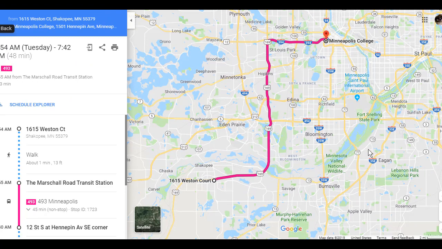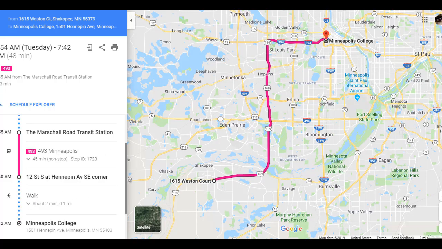Now this screen is a bit different. We have the overall map view to the right, but on the left-hand side, we show our actual trip. You can scroll down and get all of the details. So we are starting at Marshall Road Transit Center. Our bus leaves at 6:55. The bus number is 493. At 7:40, I will be getting to my stop, which is at 12th Street South at Hennepin Avenue on the